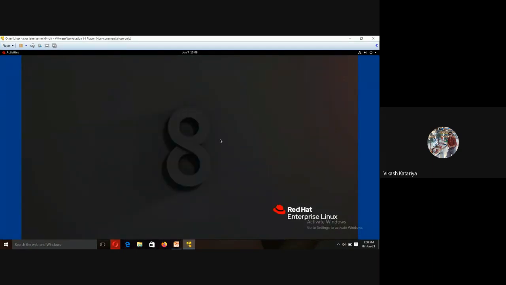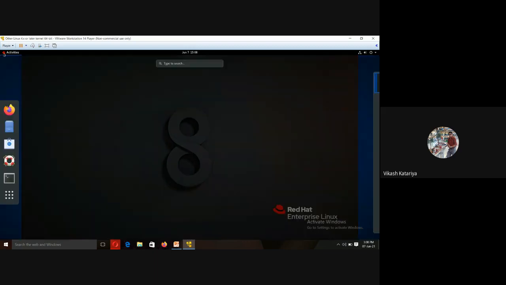So this is the graphical user interface of Red Hat 8.3. In the left panel of Red Hat Linux, if you click here, you will see the browser. You will see the Firefox browser, which is inbuilt, and some files and folder options, some software.